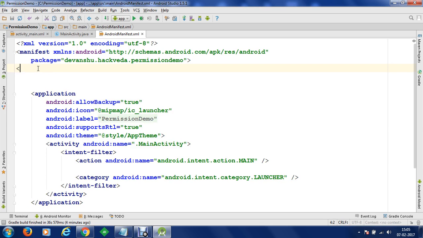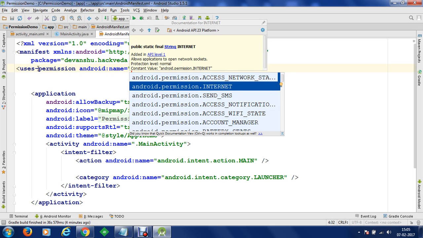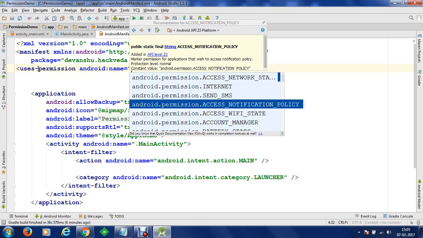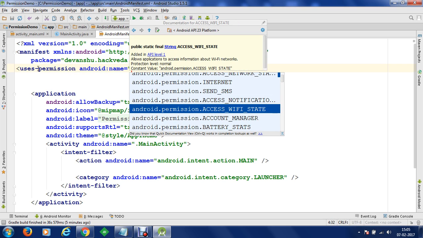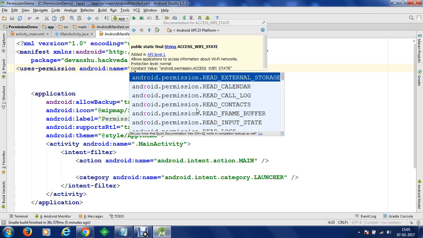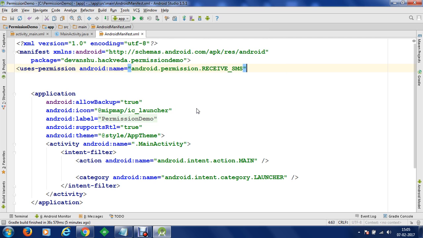To add a permission, we can use the uses-permission tag, and we have to provide the name of the permission which we want to specify. Let's say here the IntelliSense represents multiple permissions which are available. For detailed information, you can visit GitHub for Android source, and you can understand all the permissions available and what every permission does. And here in the documentation section as well, we have access to all the permissions which are available. Let's say, for example, we want to use a permission to receive SMS, MMS, WAP push. So we can add a permission here.